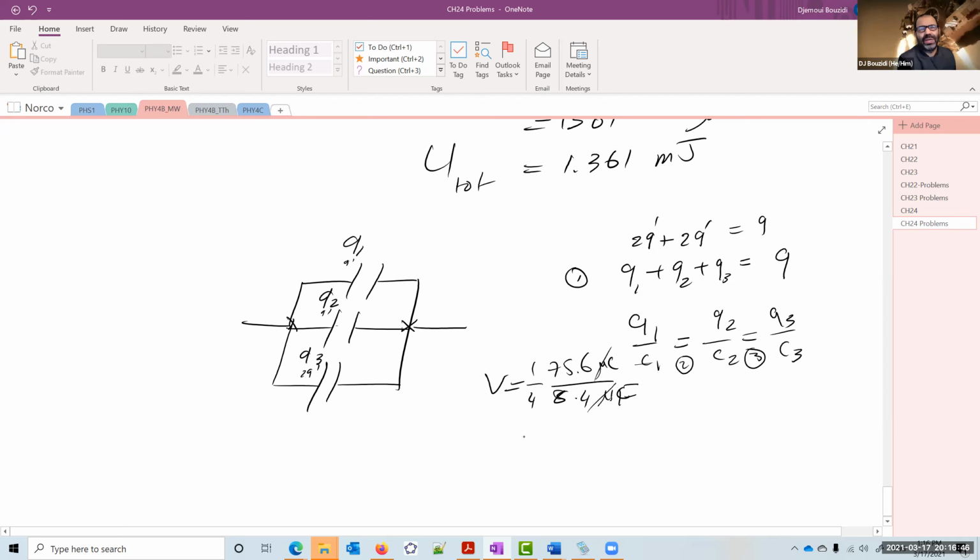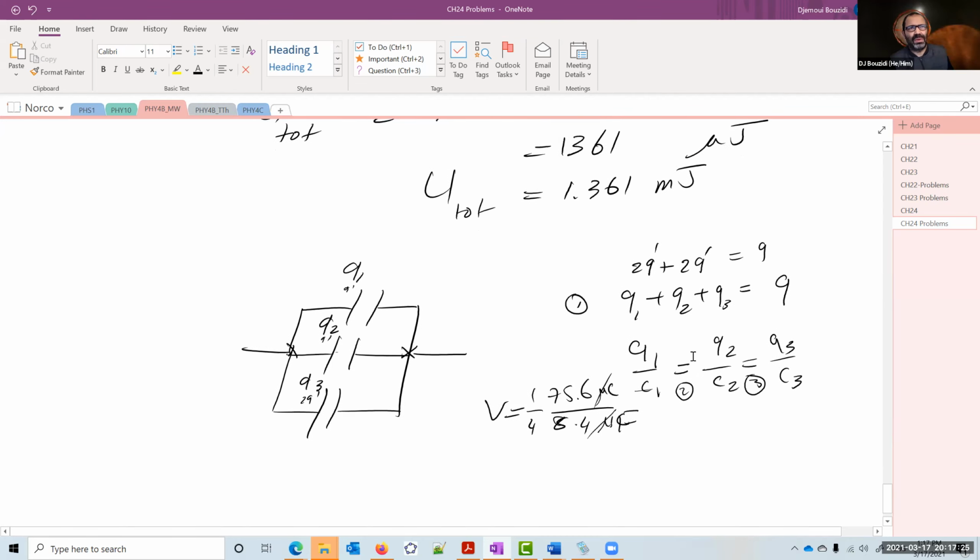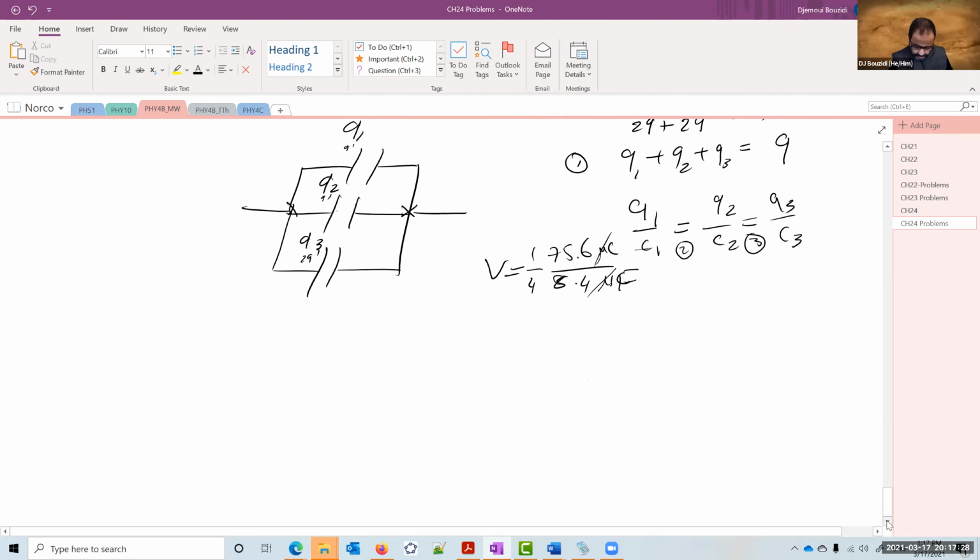So the micro cancels the micro, and you should finish the algebra and find how much voltage. It's the same voltage everywhere, because now they're in parallel. The voltage is the same. The charges are not. The other way around, in series, the charges are the same and the voltages are not. But in parallel, the voltages are the same, the charges are not, okay? The charges happen to be the same for Q1 and Q2, these two, because they have the same capacitance, that's all. This one has half the capacitance, so it ends up with twice the charge. That's the only difference between them. Yeah, it should be that way, okay? Please verify the algebra for B, okay?